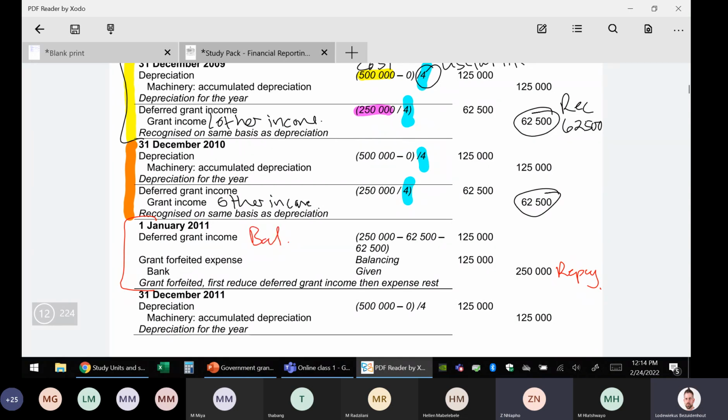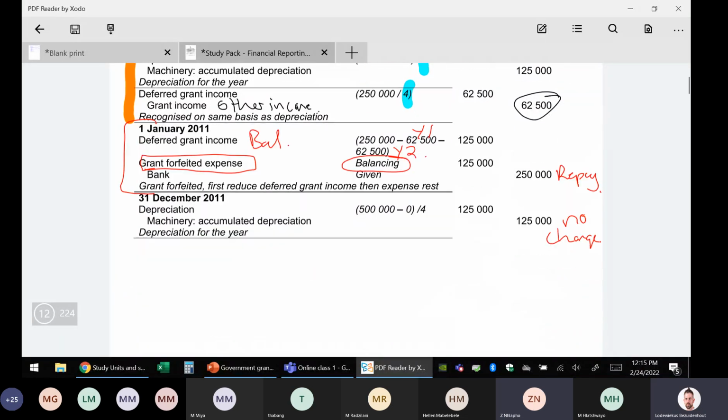It was 250,000 less 62,500 less 62,500, and the balancing figure goes to the grant expense. All right, and then we have depreciation for the year, and the depreciation is no change